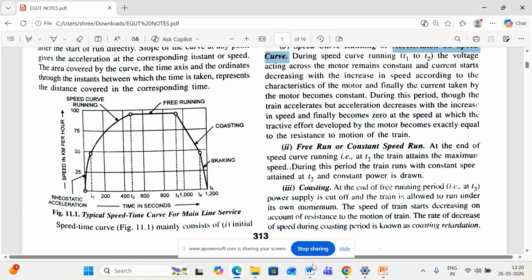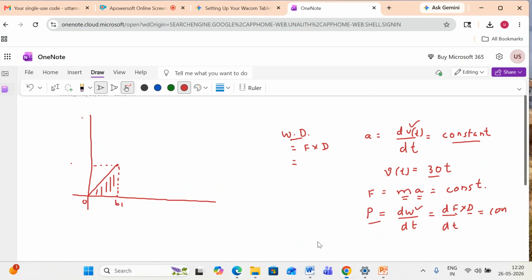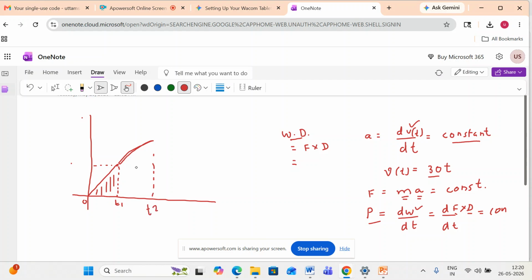I will show you in this diagram. So from t1 to t2, during this period,